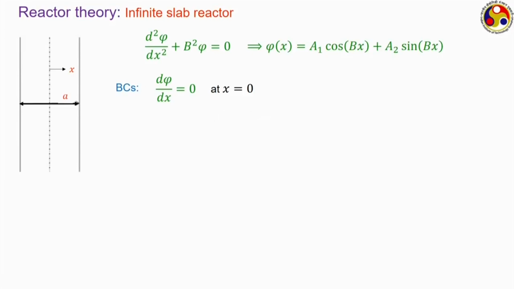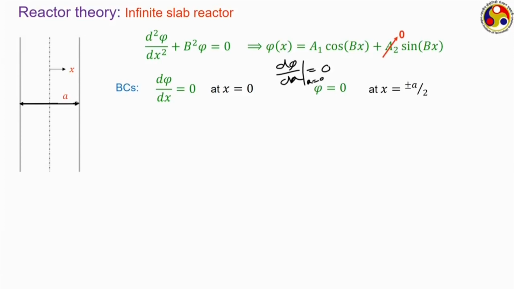Another boundary condition that we should consider is at the edge of the reactor, that is x equal to plus a by 2 or minus a by 2. So, here we take phi equal to 0, because the neutrons are going out of the reactor. So, we do not expect any neutrons to exist outside the reactor. If we put these two boundary conditions, particularly the first one, that is we differentiate this equation, d phi dx, and put the limit x equal to 0 and equate that to 0, then we get